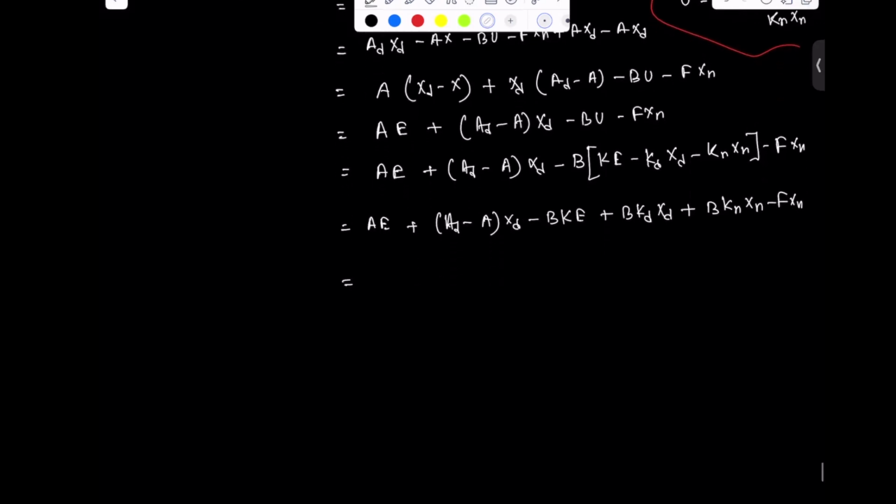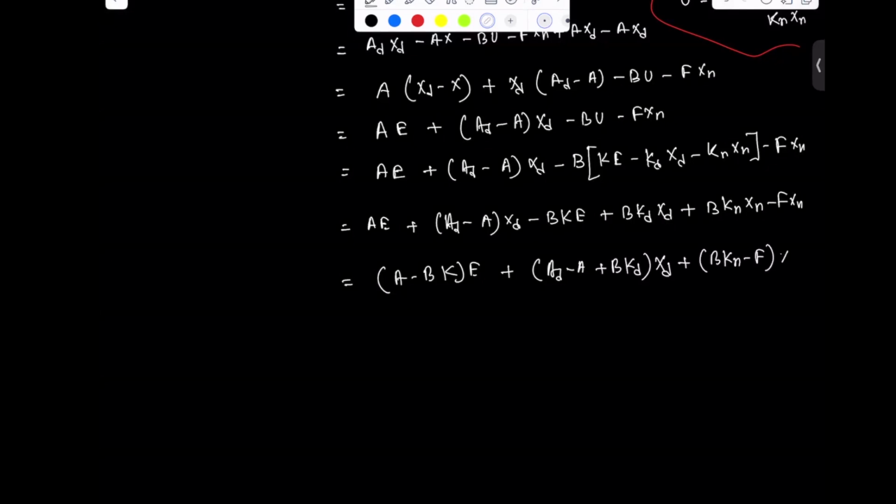Or we can write A minus BKe, so we can use this term and this term, and plus AD minus A plus BKd xt plus BKn minus